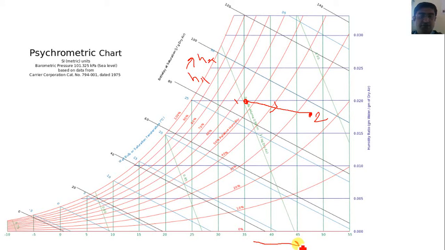And here the value of dry bulb temperature gets increased, and the value of humidity ratio, or you can say specific humidity, gets decreased from point 1 to 2. In this case the value of wet bulb temperature also gets increased, but the value of dew point temperature gets decreased. And the value of RH, or relative humidity, also gets decreased during this chemical dehumidification process.